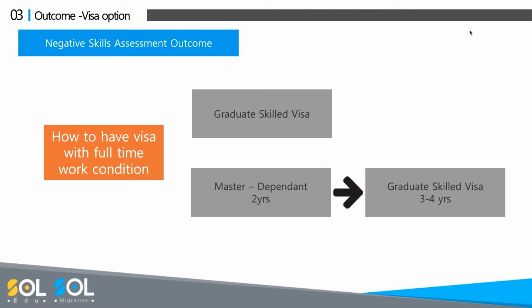Yep. But engineering is too expensive and I'm not interested in being an engineer. Then what else can you do? Then you have to find another course which allows you to get permanent residency. So to tell the truth,